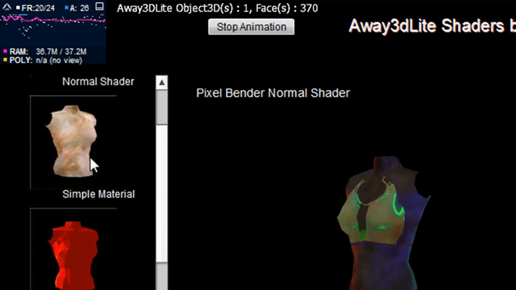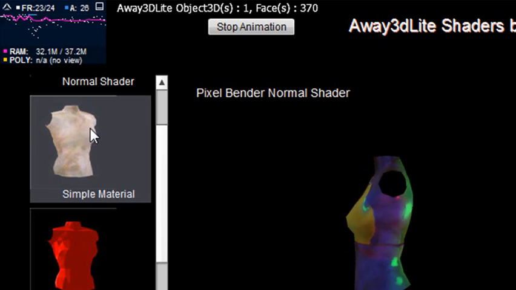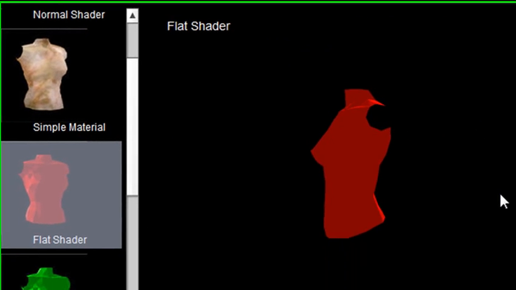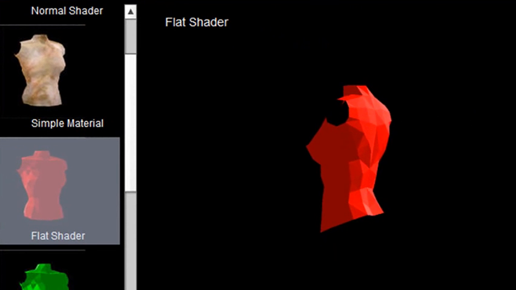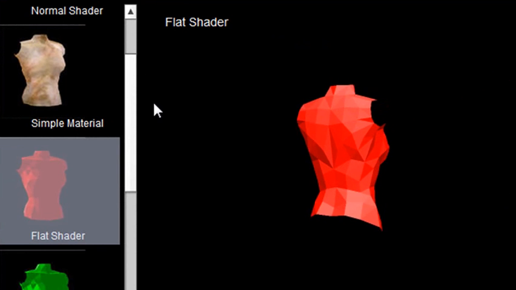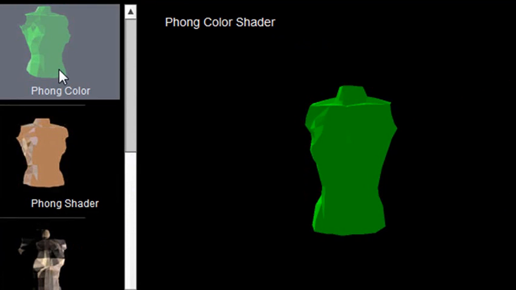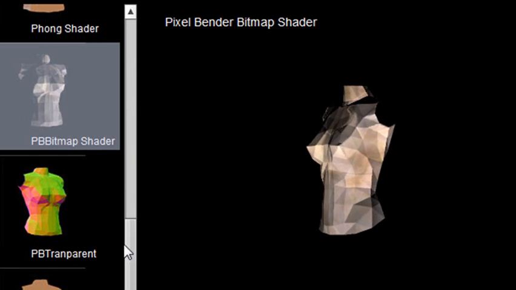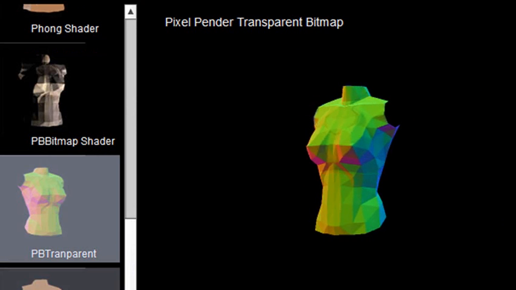You can come along here and roll over and select different categories. Here's a simple shader, a flat shader. If you've done work with that, you can actually see the light bouncing off the different triangles here. Typical flat shader stuff. Here's a Phong shader color, Phong shader, pixel bender shader, a pixel bender transparent, and a vertex shader which